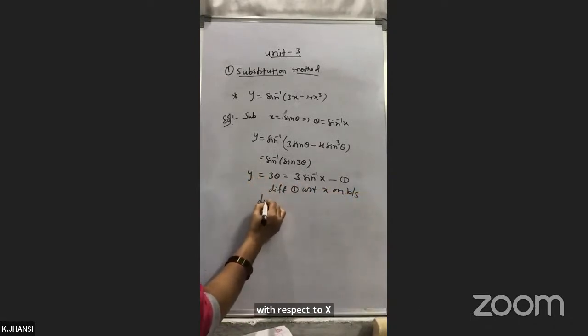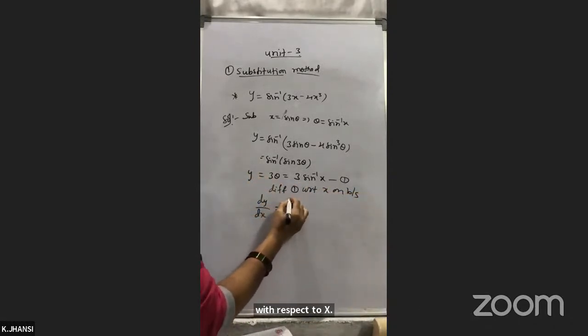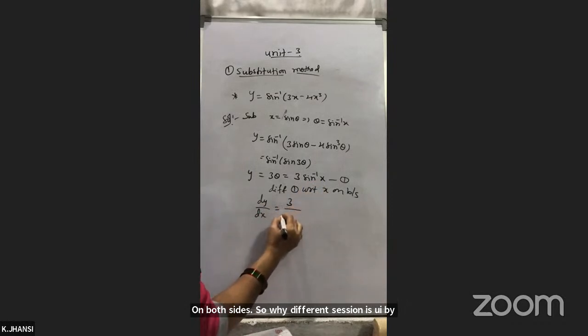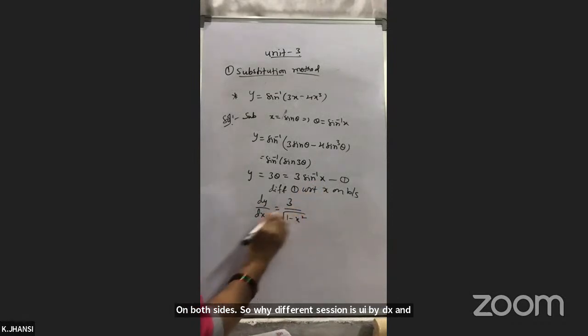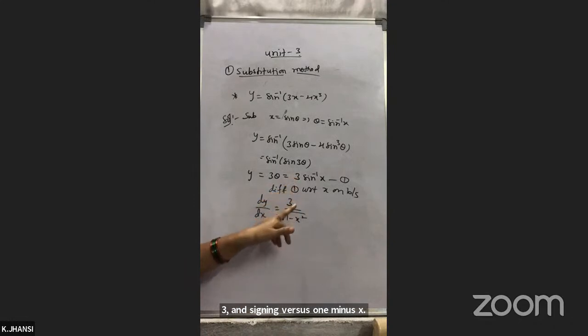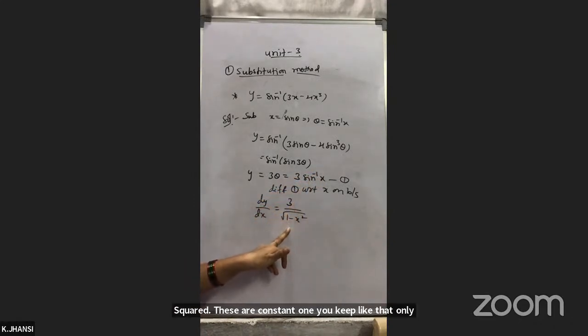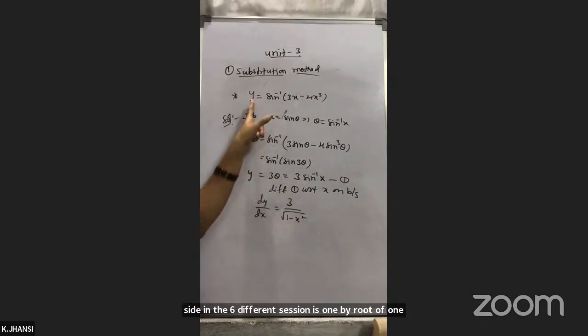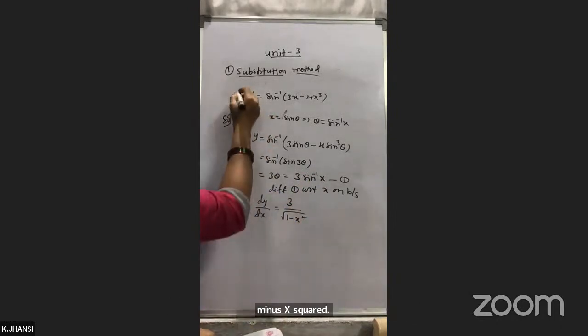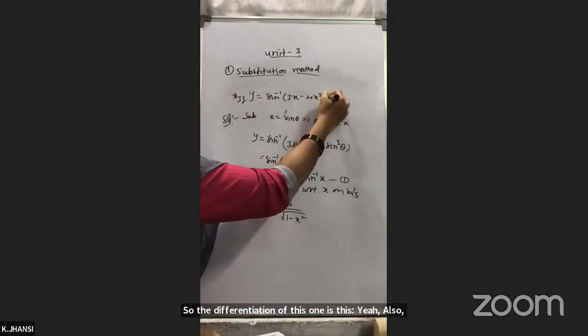So y differentiation is dy by dx, and 3 and sine inverse is 1 minus x square. 3 is the constant one, you keep it like that only. Sine inverse x differentiation is 1 by root of 1 minus x square. So the differentiation of this one is this. Here also you write, if y equals to this, then find